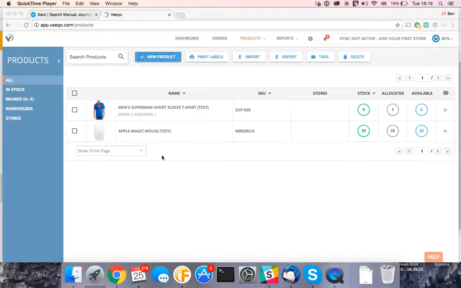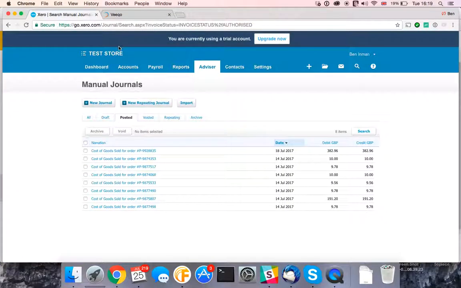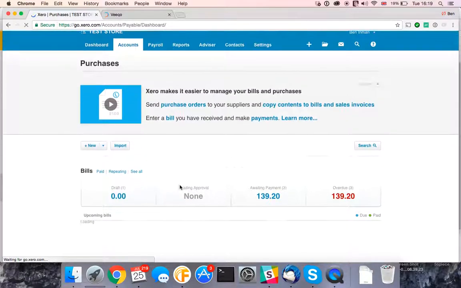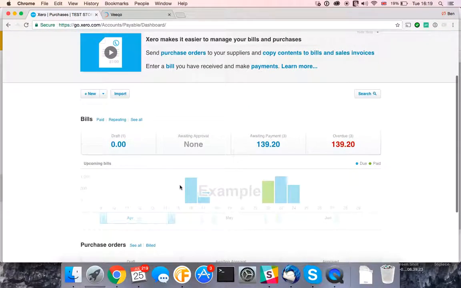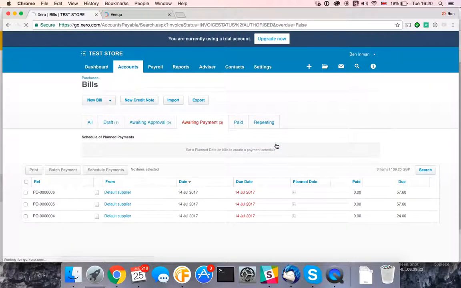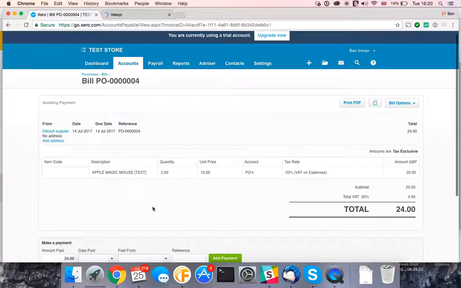So if we move on to purchase orders, when you raise a purchase order in VCO, again, we will sync this through to Xero. And if I jump into Xero and click on accounts and click purchases, here it will show you, they will always go into awaiting payment. If I click into awaiting payment, I can see that I have a purchase order here raised on the 14th of July. The due date is set as the 14th of July, but for a supplier, you can actually,